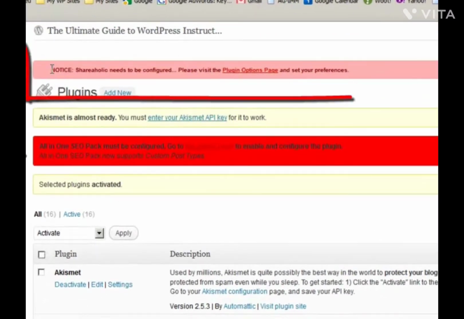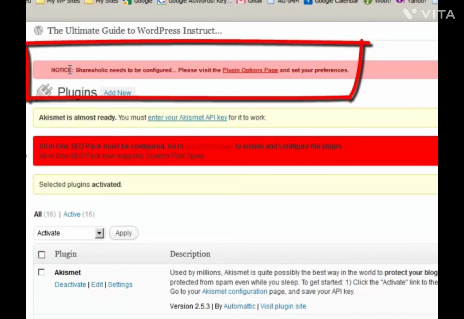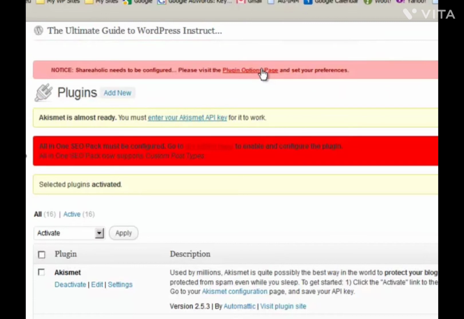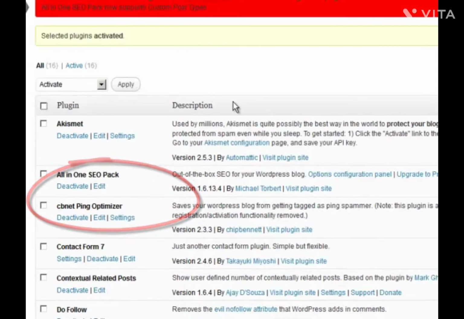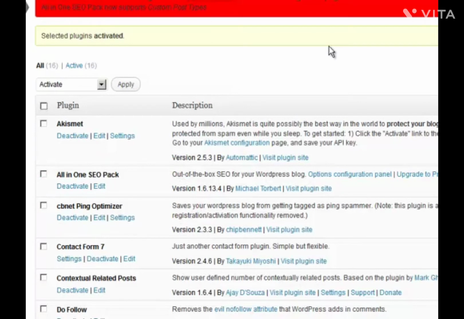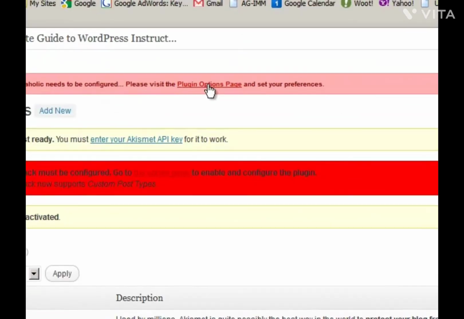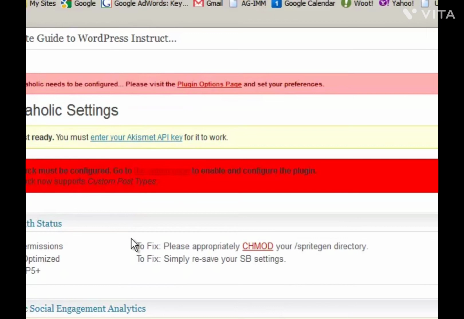And the first warning I want to talk about is notice Shareaholic needs to be configured. Please visit the plugin options page and set your preferences. So some of these plugins need to be configured and some don't. Shareaholic is one of them, and it's this one down here. It's called Sexy Bookmarks, and it's a really good social media type plugin that you're going to want to put on your website. So let's click on plugin options page, and